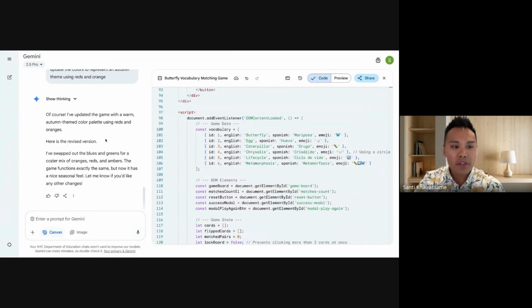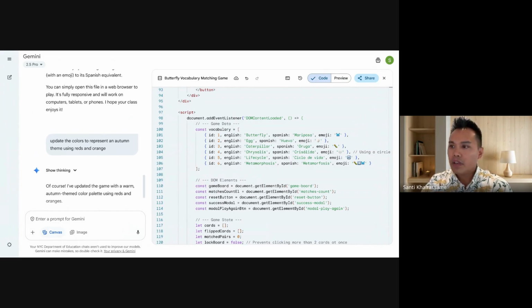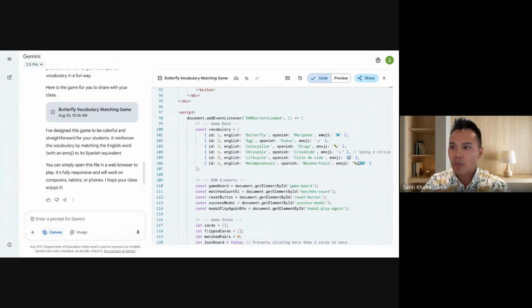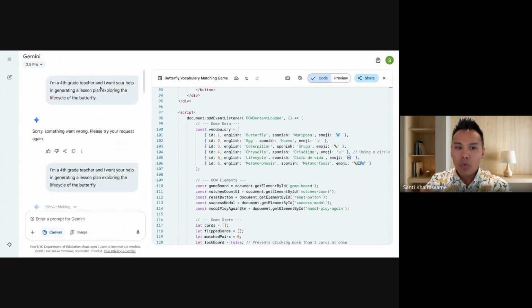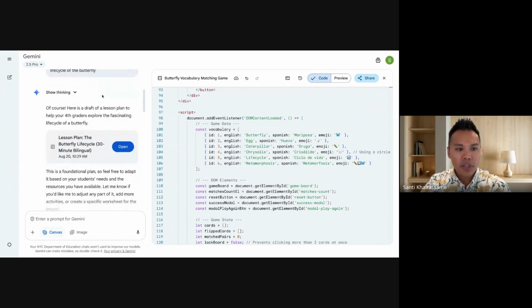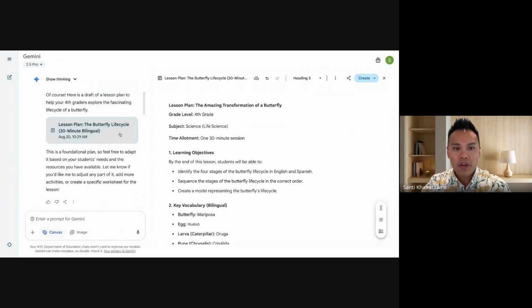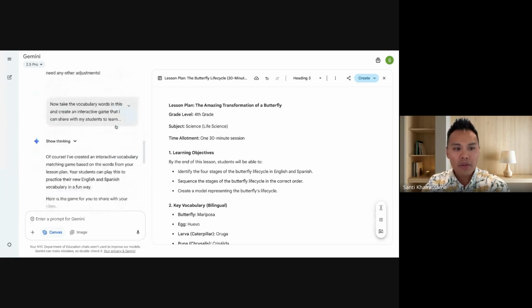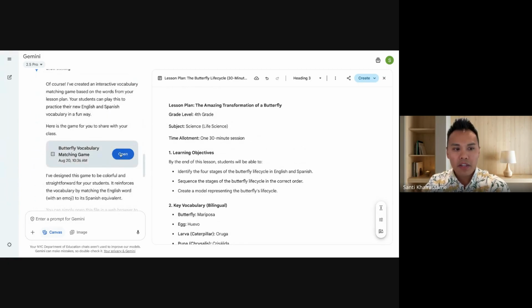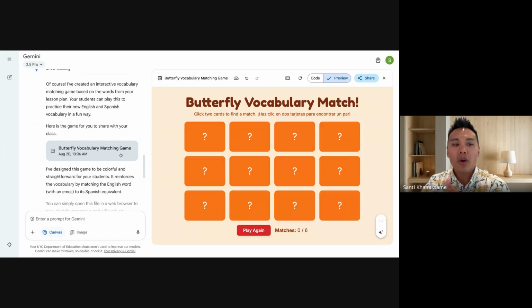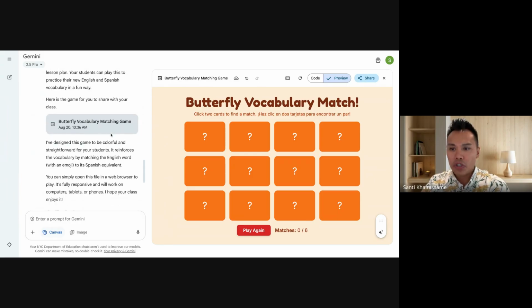And then in Canvas, I want to point this out. This is not necessarily that noticeable or apparent. If I scroll all the way to the top and then I just look at my chat, all your artifacts, all your resources are here in the chat. So if I click on this and it says open, it brings me to my original lesson plan. If I scroll down and I wanted that game again, it's here. All right. So depending on what you're doing, depending on what you want to go back to, it's all in your chat.